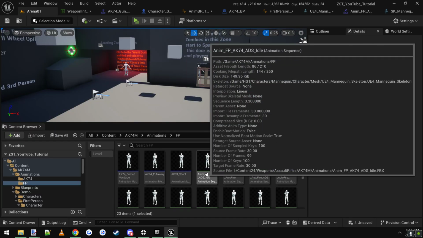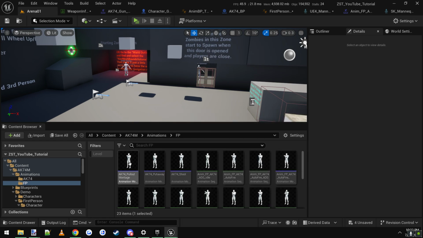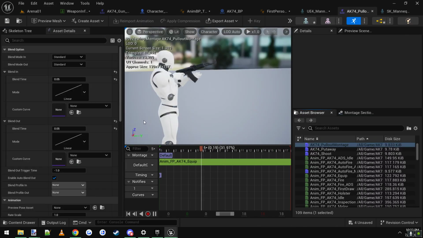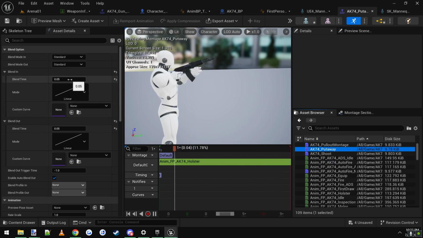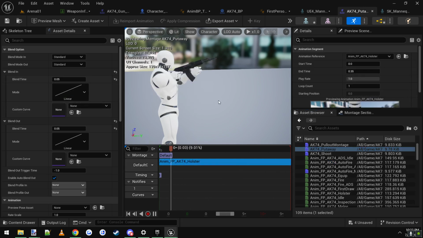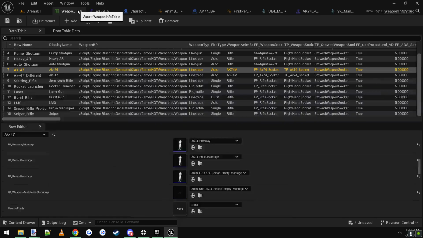For the equip, I called it pull out montage. So when you pull out the gun, I did change the blend time, I lowered it to 0.05. But that's all I changed. And then put away, same thing, 0.05. That's all I changed. So then once you have all those, then you just set them right here. The put away montage, set it, set the pull out, set the reload, and then set the